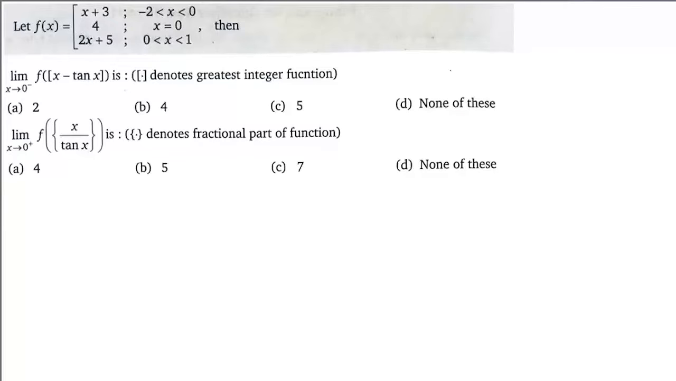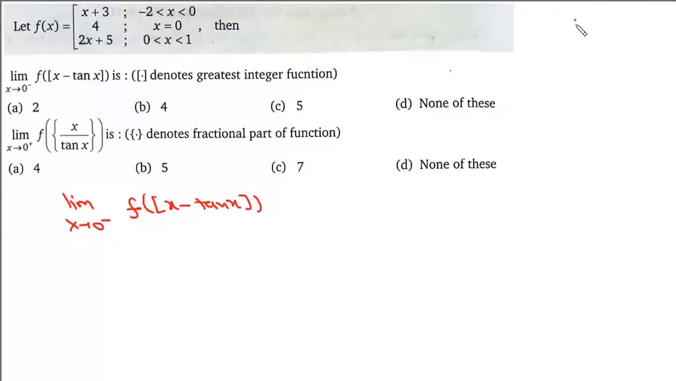Now here the question is, we are given this function f(x) which is x + 3 when x lies between −2 and 0, 4 when x is equal to 0, and 2x + 5 when x lies between 0 and 1. Now the first question is, we need to find this limit as x tends to 0 negative of the greatest integer function of